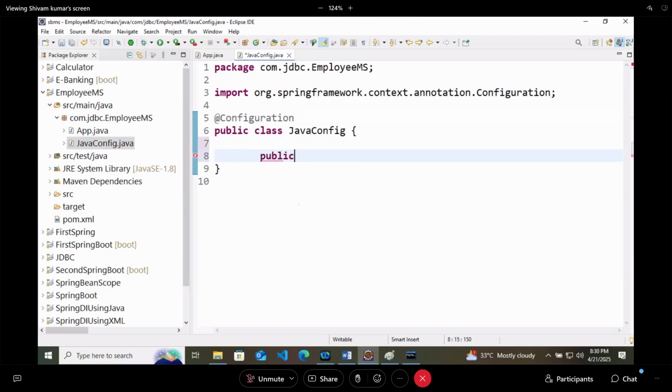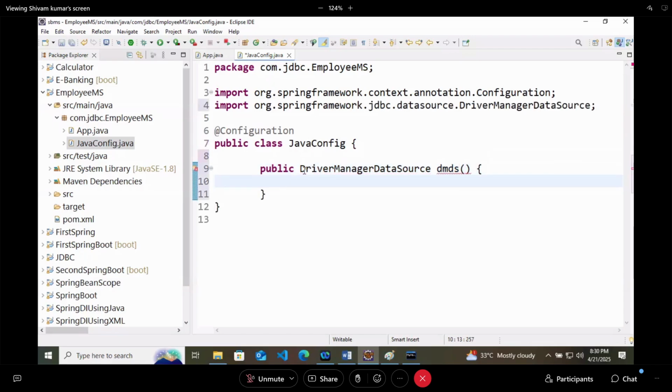Now how to achieve connection in Spring JDBC? Which class? DriverManagerDataSource, DMDS. You can keep any name, by the way, there is no issue.